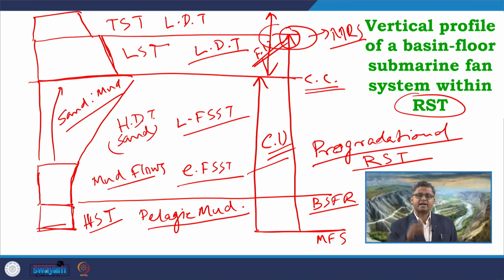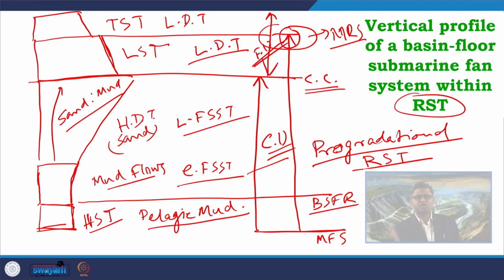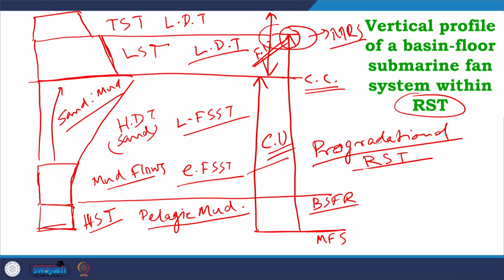So, when we look into this kind of successions in the deep basinal part, we can very easily identify the maximum flooding surface, which demarcates the base of the regressive systems tract. We can also identify the maximum regressive surface, which forms the top of the regressive systems tract, with respect to the changing pattern from progradational to backstepping. Sometimes it may not be very clear, very distinct, so we have to be very careful in its identification with respect to the changing stacking pattern of